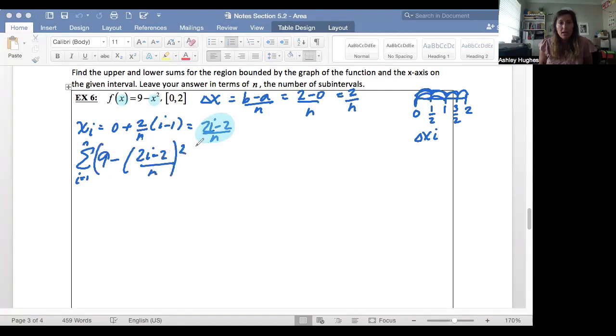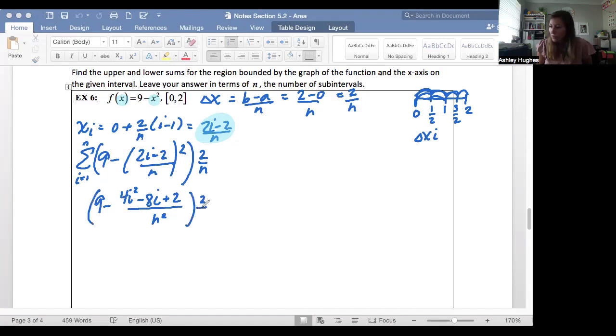That's f of xi, and then times delta x. Now we're going to try to very carefully multiply this out. So 9 minus 4i squared, and then you multiply these together, that'd be 4i, double it. So minus 8i, and then plus 2, and then over n squared. And then this is all being multiplied by 2 over n. At this point, I have 18 over n